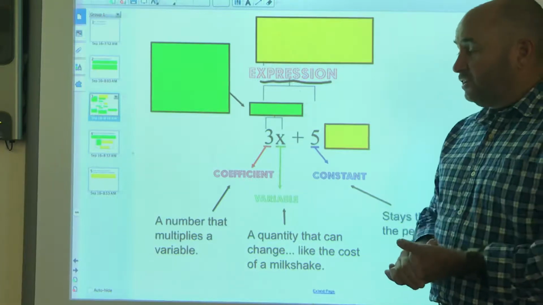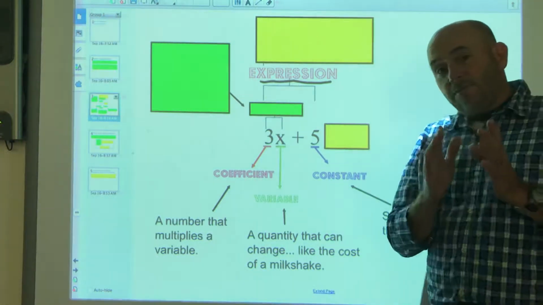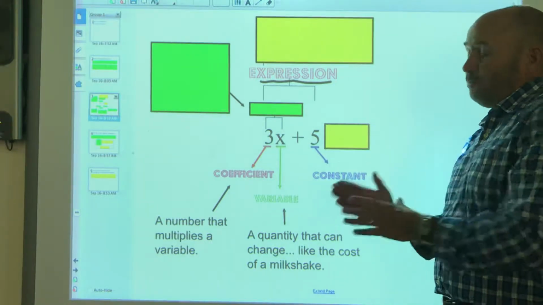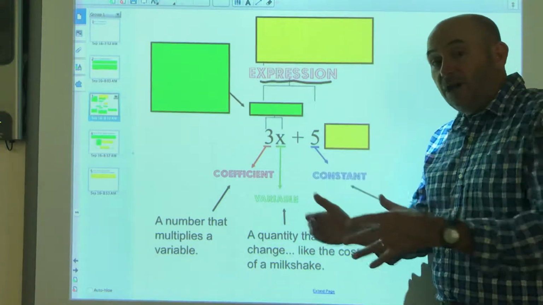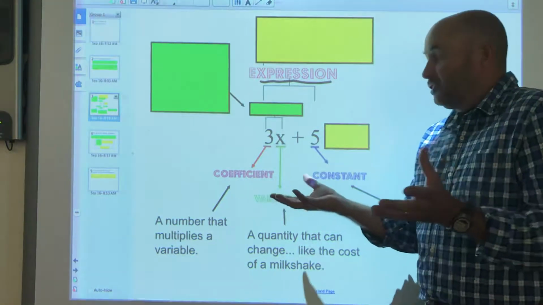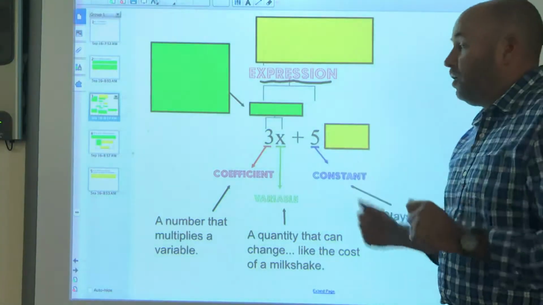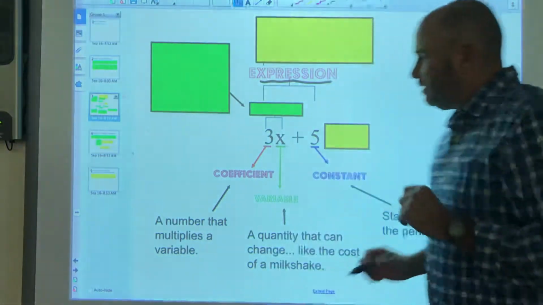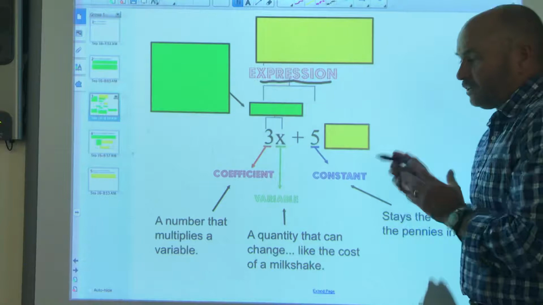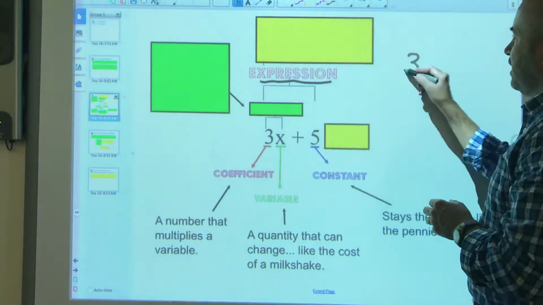A coefficient is a number that multiplies a variable. Now, in algebra, the operation of multiplication is implied, which means that we will sometimes get rid of the multiplication symbol and just put a number next to a variable or a parentheses. Okay, so it's implied. But something to remember when you're writing algebraic expressions and using coefficients and variables is that